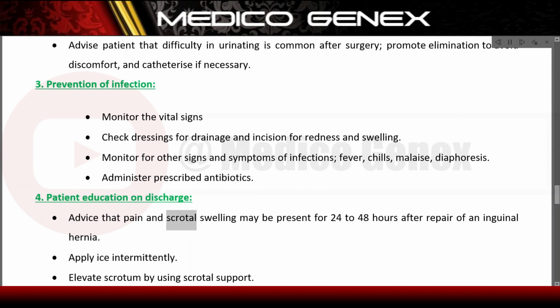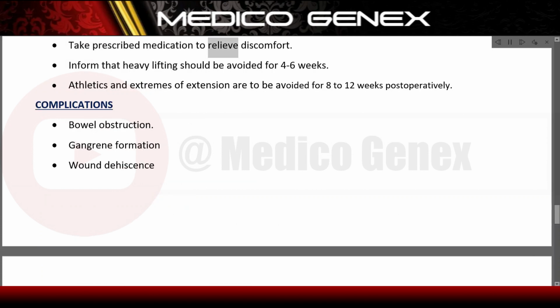Advise that pain and scrotal swelling may be present for 24 to 48 hours after repair of an inguinal hernia. Apply ice intermittently. Elevate scrotum by using scrotal support. Take prescribed medication to relieve discomfort. Inform that heavy lifting should be avoided for 4 to 6 weeks. Athletics and extremes of extension are to be avoided for 8 to 12 weeks postoperatively. Complications: bowel obstruction, gangrene formation, wound dehiscence,